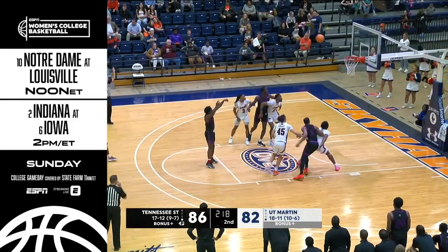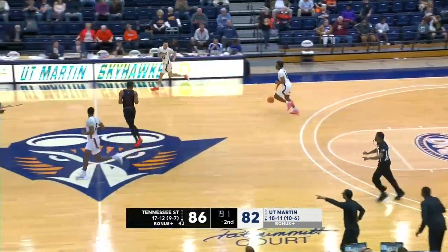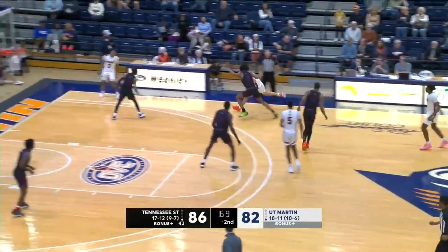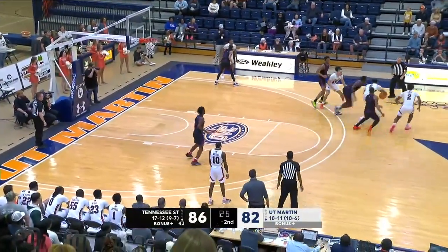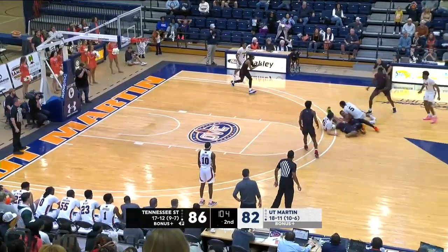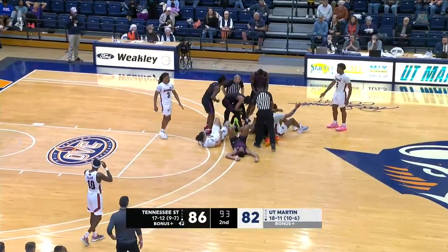Push the basketball. If you're UT Martin, maybe a dribble handoff on the wing could get you a three-point shot. 4-point game, two-possession game. Stewart looking for some room. Got to move the ball. A great job by Tennessee State. That could seal it. And it's called a jump ball, and the possession arrow belongs to Tennessee State with 9.3